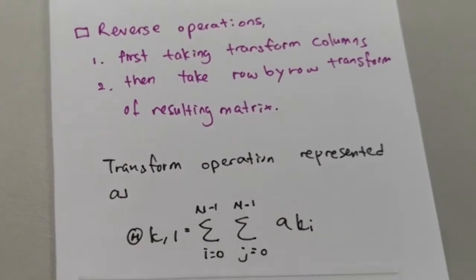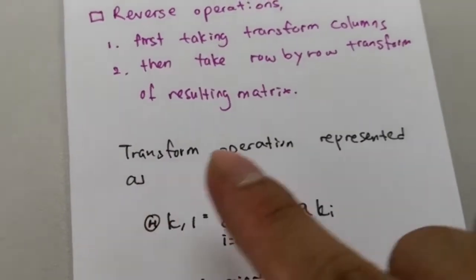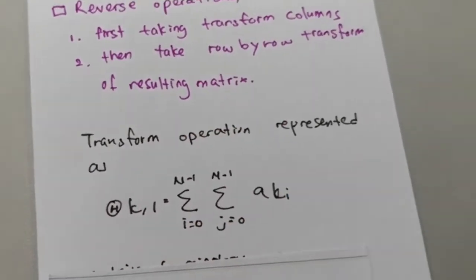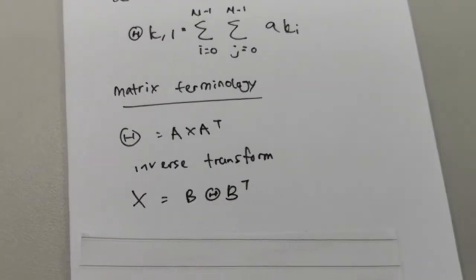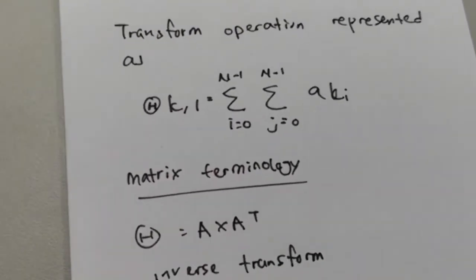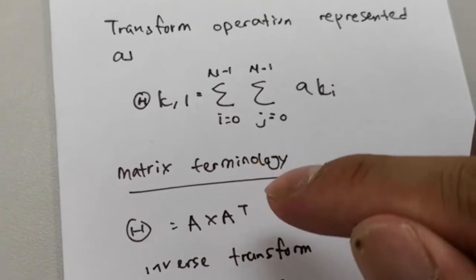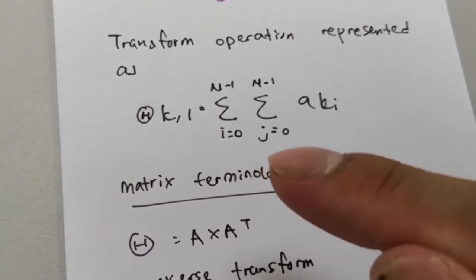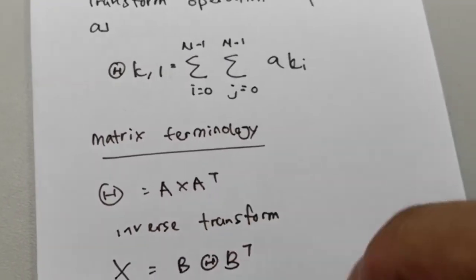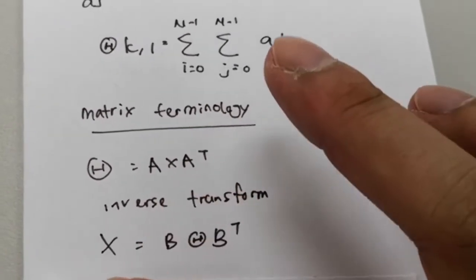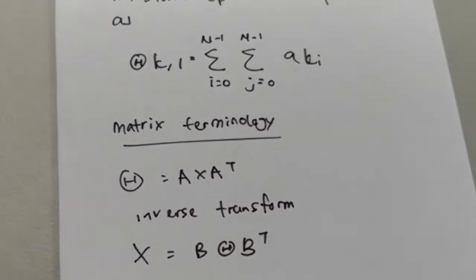And then below this is the transform operation, and it's represented by this. It's a bit different from the one upstairs that we mentioned. Okay, now we have the matrix terminology for this, which is this one, A times X times A transpose. The inverse of this is B times the transformed matrix times B transpose. Okay,